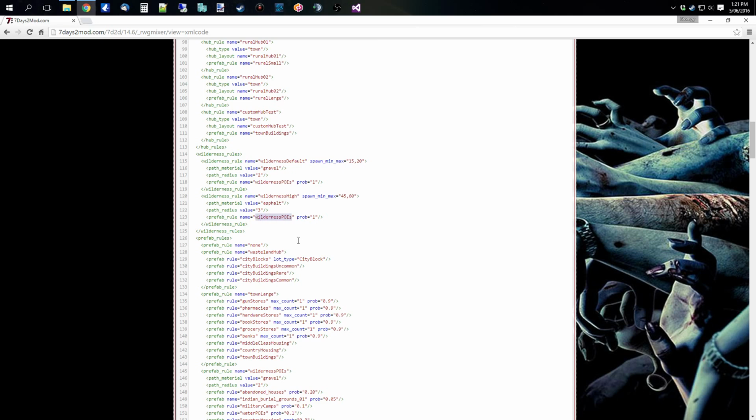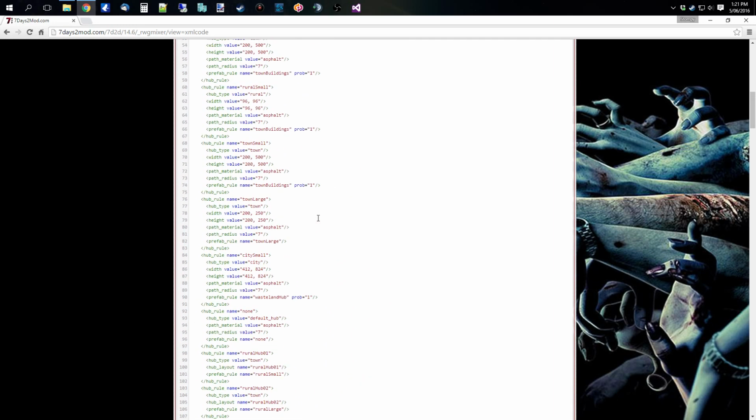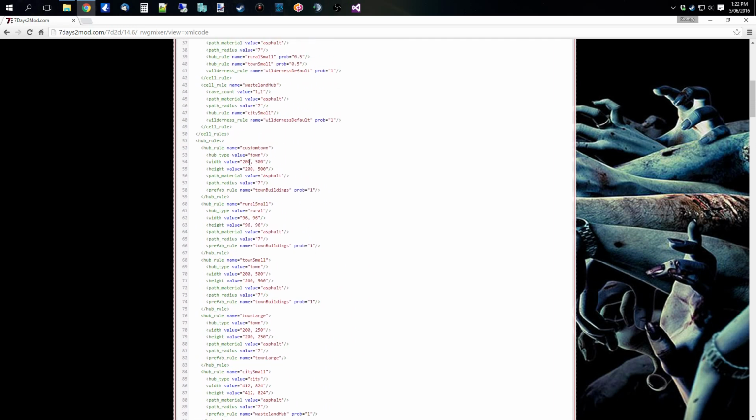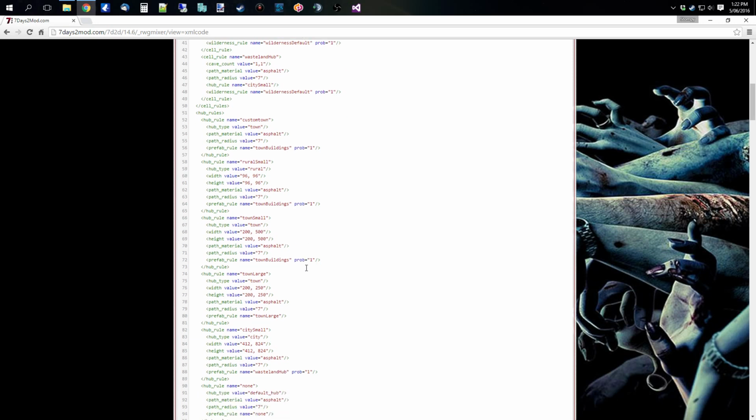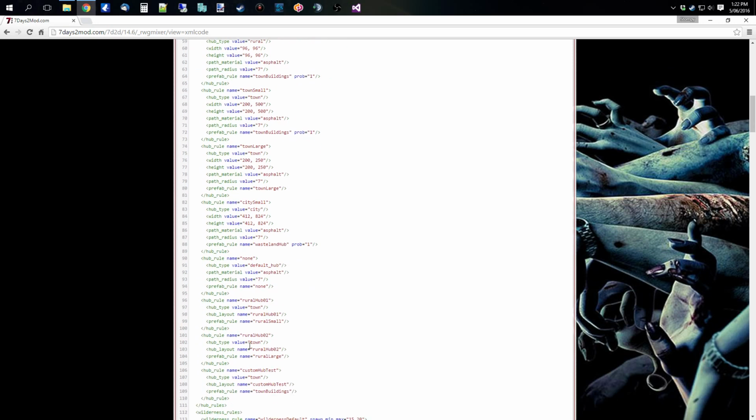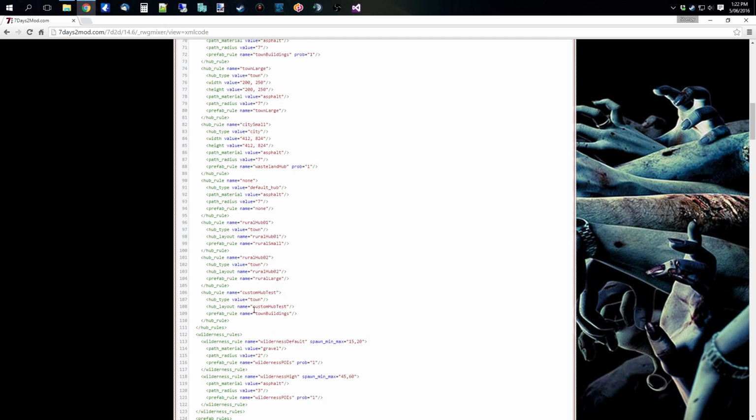We'll get to prefab rules in a minute, but first we're just going to go back up to our custom town. Because we're going to use a custom hub layout, we don't need a width or height. If we look at one of these which are using the hub layouts, you can see that all you need is a hub type, hub layout and prefab rule. And in fact,